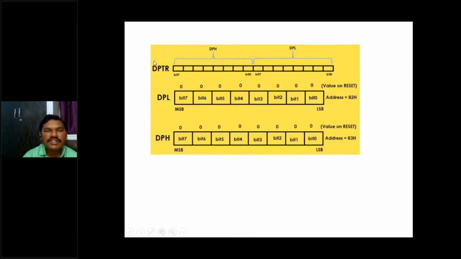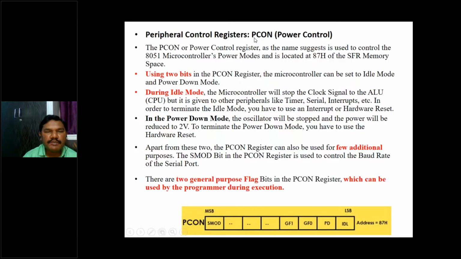And so this is the 16-bit register, complete 16 bits, and 8 bits of 8 bits. And this is the PCON, which is called power control. This PCON register is also an 8-bit register, right? And this 8-bit register has the idle bit. Idle stands for, for example, our mobile phone also going into the idle state.